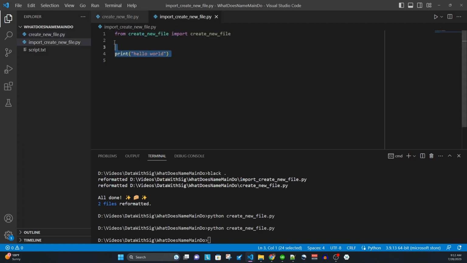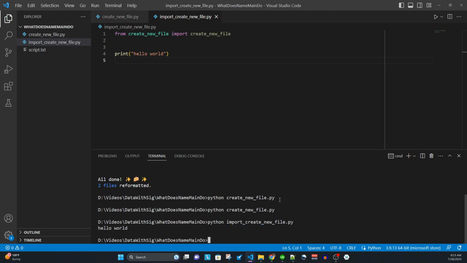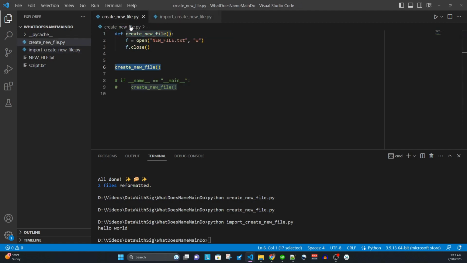So you can see here that all this file does is it performs the import, and then it has a simple print statement, but that's it. It doesn't actually run the function, but when we run the file, so import create new file, it's actually going to run the code and create that new file.txt, which we don't want because we haven't actually run this function call yet. So if we go back over here and we uncomment if name is main, then